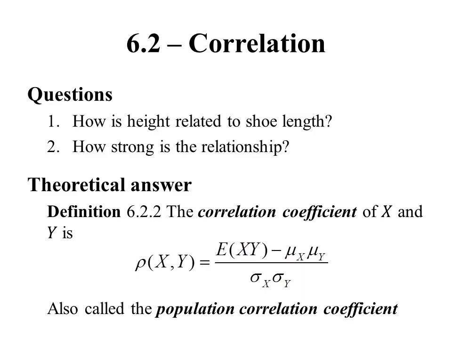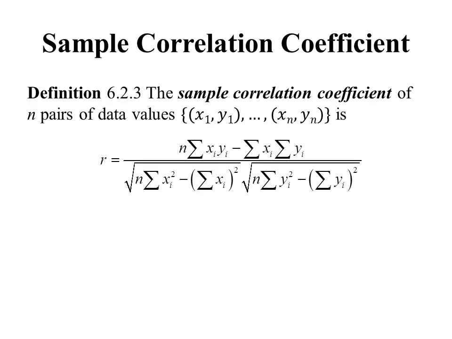So we're never going to be able to calculate this exact population correlation coefficient. Instead, we're going to have to try to estimate it. And so we're going to estimate it with a quantity called the sample correlation coefficient. In order to estimate or to calculate this correlation coefficient, we have to go out and collect pairs of data, like we've already done. And then we're going to calculate it using this somewhat rather complicated looking formula. So this sample correlation coefficient is denoted R, and it says we take the number of data values times, then we take each x value times the corresponding y value, add them up.